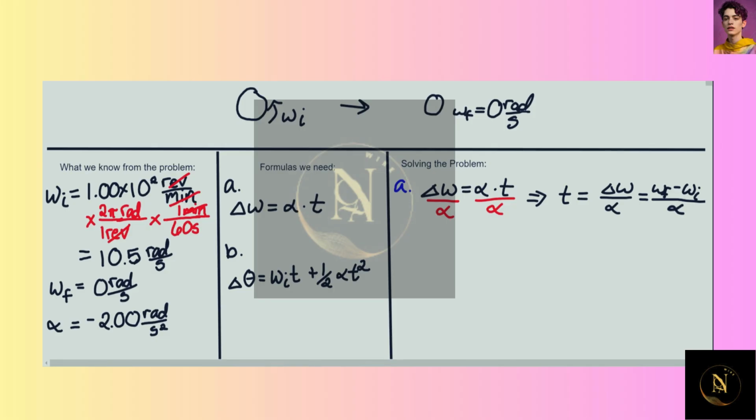So now that we have the formula, we can plug in our numbers. We get t equals 10.5 radians per second minus 0 radians per second. And then we divide this whole value by negative